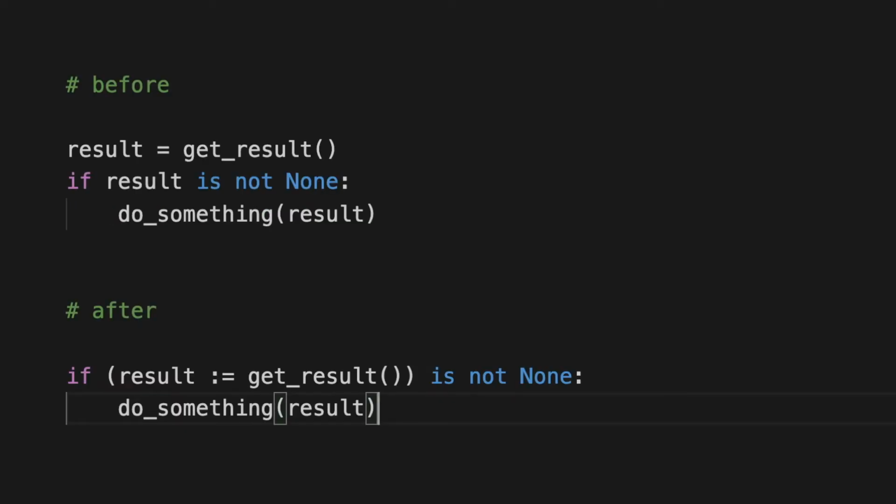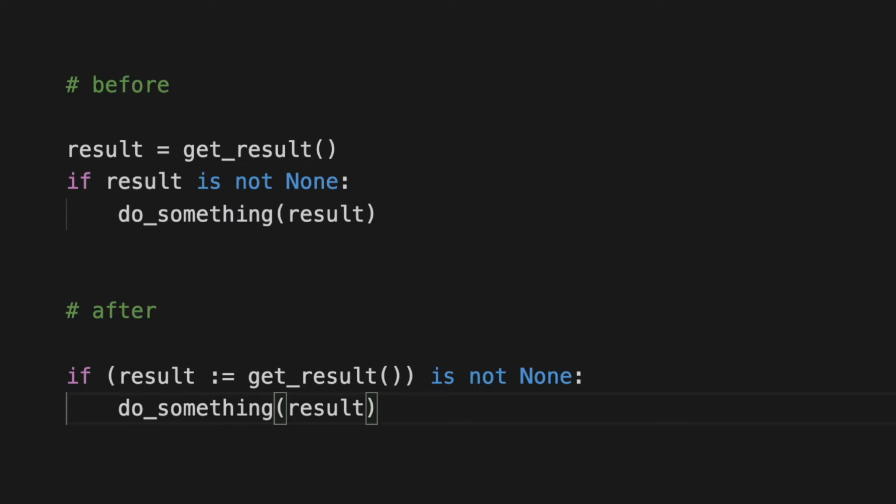A typical case I can see where I could use this operator is when I'm getting a result from another function, for example, and then I'm testing for the noneness of the result. And only if the result is not none, I'm doing something with the result.